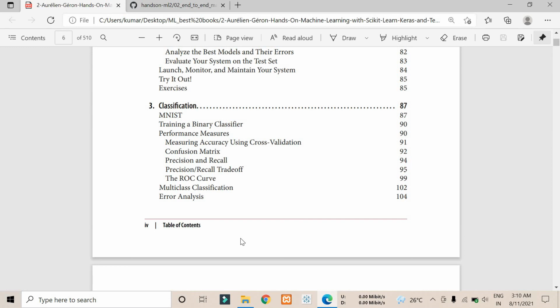MNIST is basically what we call the MNIST dataset, and the MNIST dataset is like a hello world program for data science. MNIST is a dataset where we have more than 1,000 handwritten data, with values like 5, 3, 1, single digits from 0 to 9.